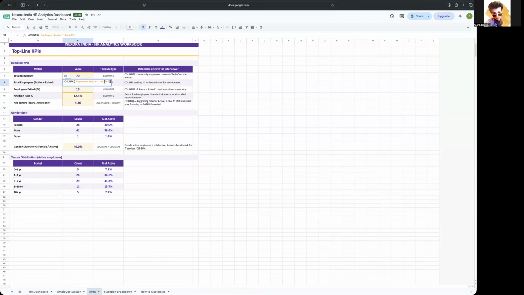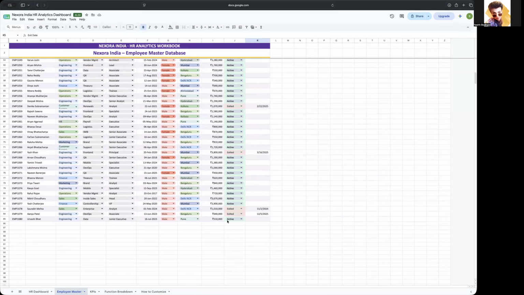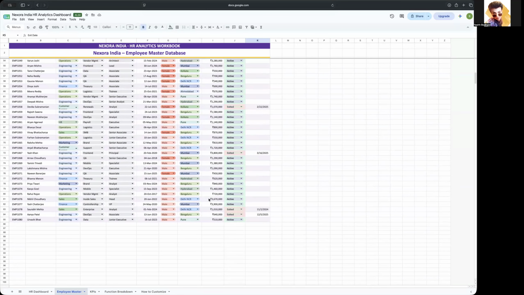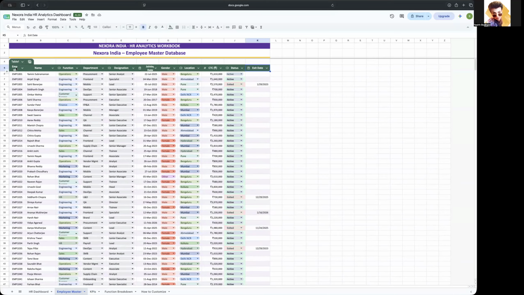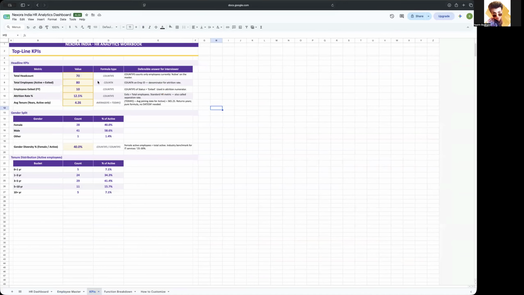You see here we have used the employee ID column, and here we have used the status column. Okay, if I go here, I would show you that this is a status column J6. Okay, this is J6 to J85. That's the status column. And for the second one, we have used the employee ID column. That's A6 to A85. Okay, I hope you understand that. Okay, perfect. Moving on,